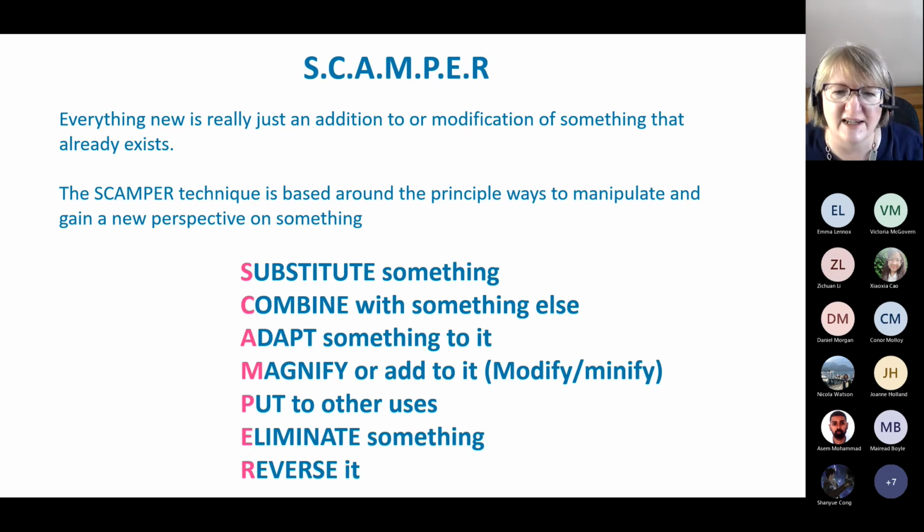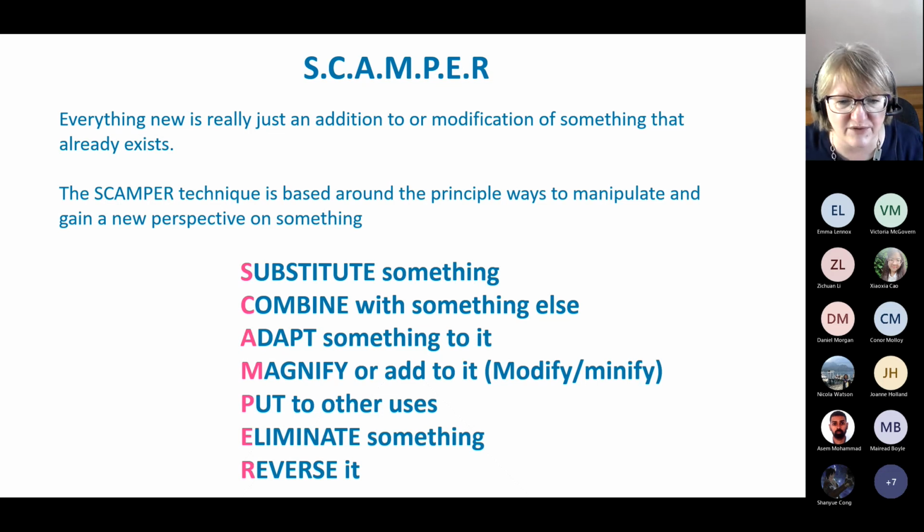So what can we add to make it different? One of the products that I particularly appreciated that somebody added to, or combined rather, is when somebody decided to add balm to tissues. Thought that would be a good idea, and as far as I'm concerned, it is a good idea. So that's a good example of combining something.